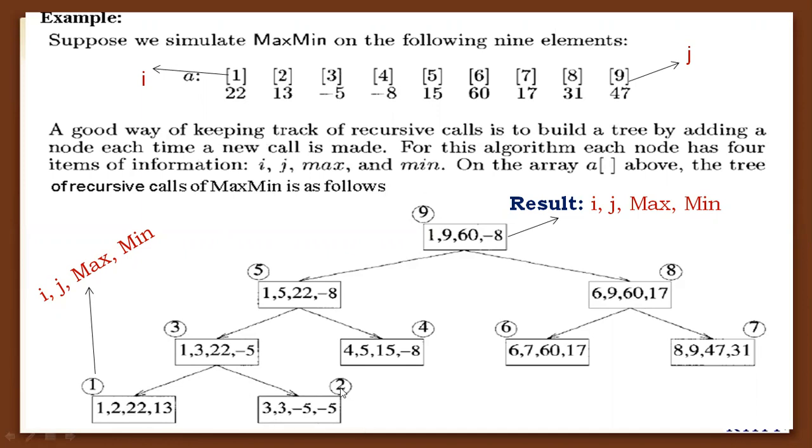Here the size of an array is 1, and here the size of an array is 2. If the size of an array is 2, one element is the maximum element and the other one is the minimum element. If the array has only one element, the same element is considered as both max and min. Here the array elements are 5 and 5, two elements, but both are the same, so the element is considered as the minimum element and maximum element.